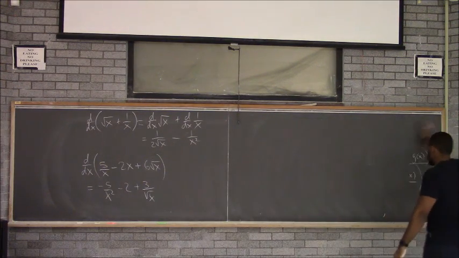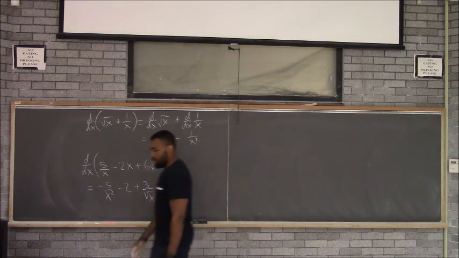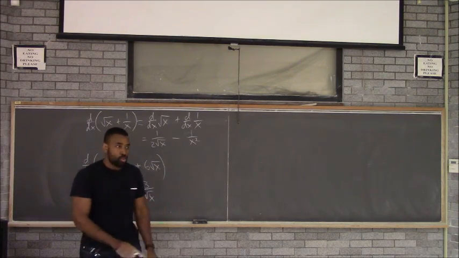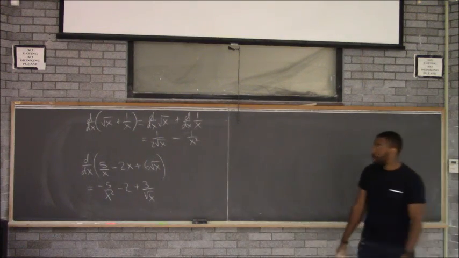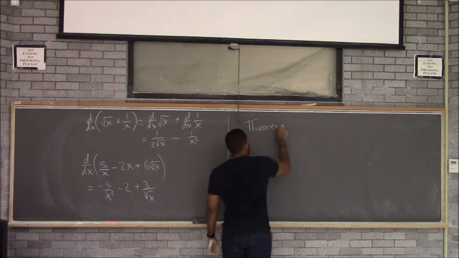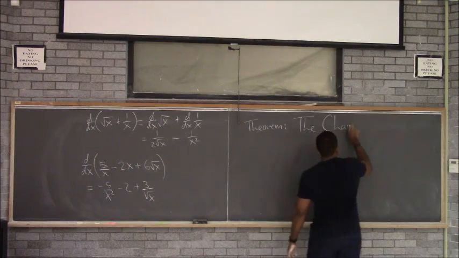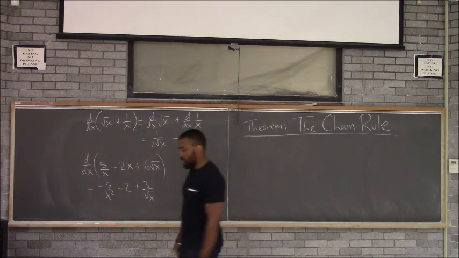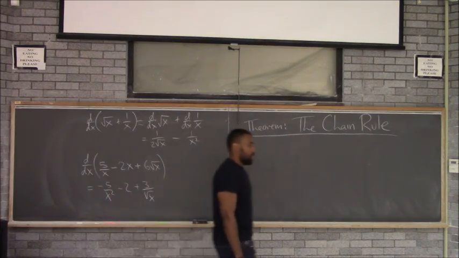But in the meantime, we're going to start with another very important rule. It's called the chain rule. A lot of the other rules that we're going to learn, we are going to use the chain rule to derive those rules. It's very infamous, very famous. It should be a theorem. This is the first shortcut we are going to be learning for finding derivatives. The chain rule,